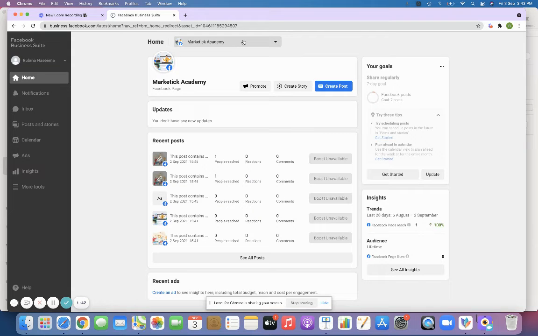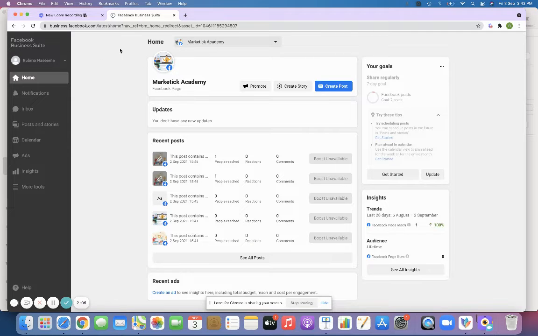Now I'm going to explain how this dashboard looks and what you need to know when it comes to the Suite. Here I can see two pages. In my Facebook account, I have created two pages. If you have created three pages, the three pages will be reflected over here.